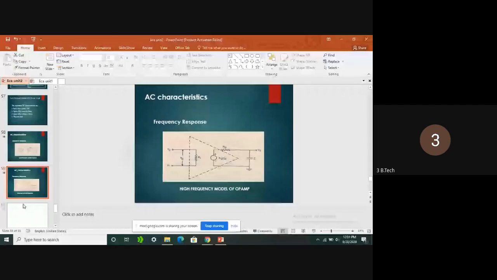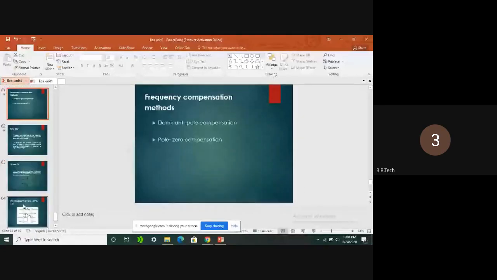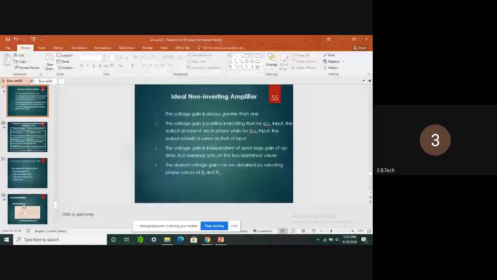See here the block diagram and pin description of IC 741. It is an 8-pin IC, and each pin has its specification: inverting input, non-inverting input, positive power supply, negative power supply, output terminal and offset terminals. We can see its block diagram and the specification of each pin. Meanwhile, we need to discuss the remaining practical characteristics of the operational amplifier. Hope you are enjoying the session.